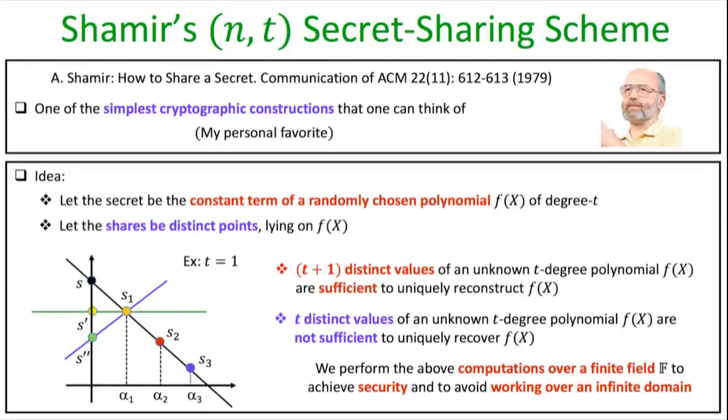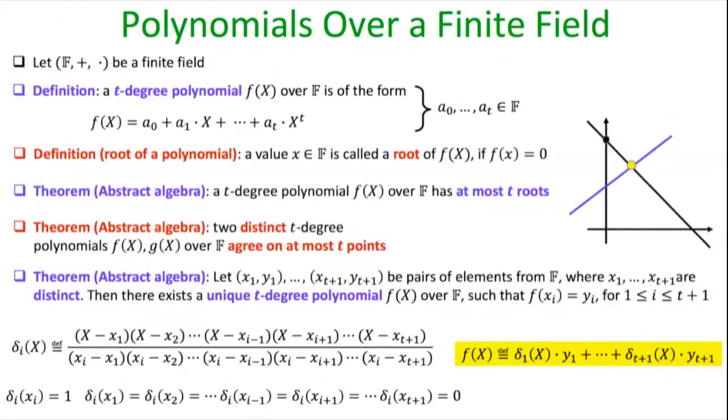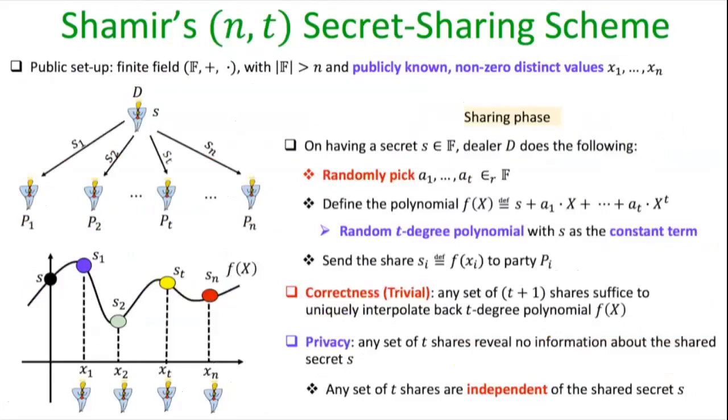That's a simple observation, right? And that's all. That's a simple secret sharing. I am skipping the formal details here. To implement the secret sharing scheme, we have to pick a finite field. We can't pick the polynomial over the real numbers or over the integers because there are certain issues with respect to security, and that's why we perform all the computations and operations over some finite field.